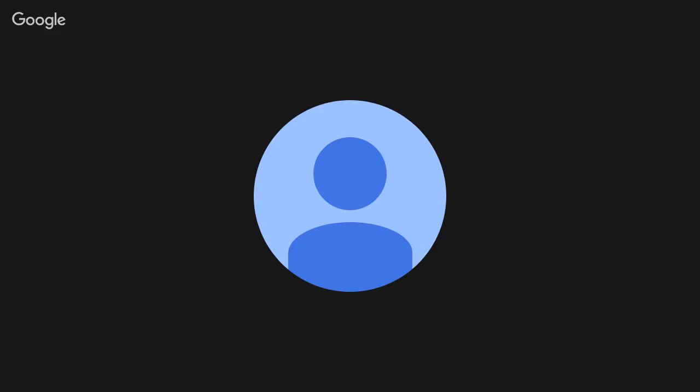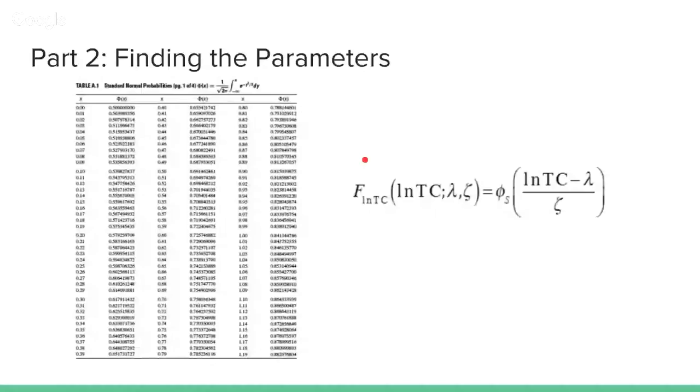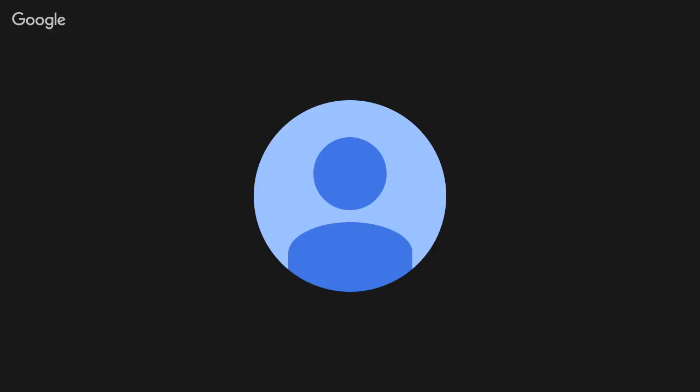So we were given this data here. I'm going to hand it over to Dave so we can talk about that. Thanks, Austin. So here in the slide are just the tools and equations we use to solve for the parameters. We calculated the lambda and zeta by picking 2 points on the CDF, as you can see right